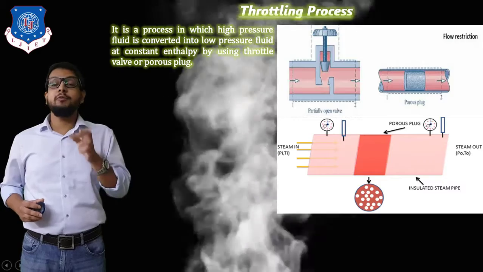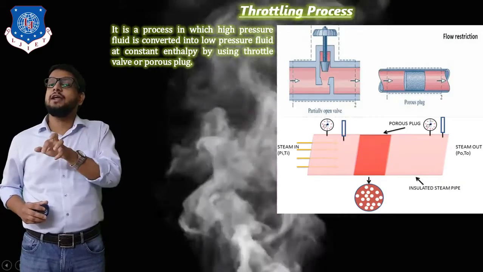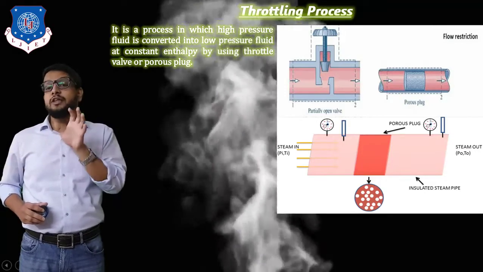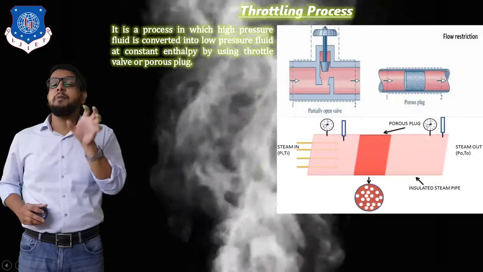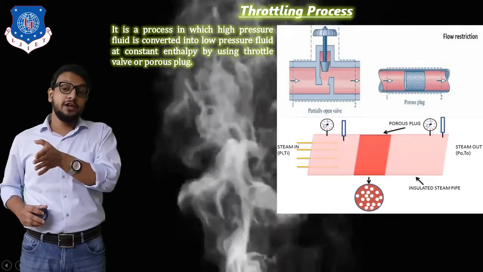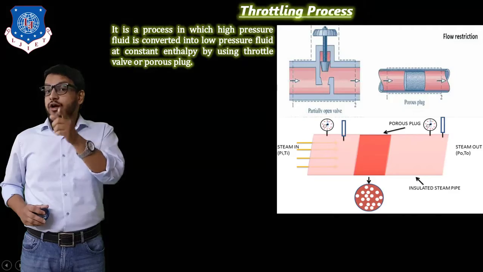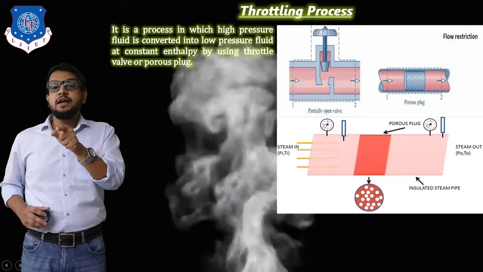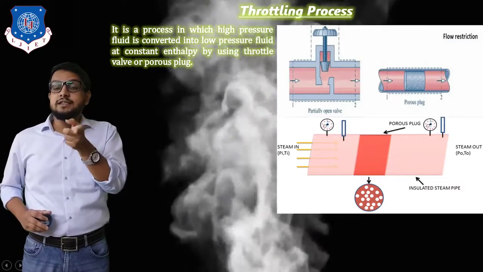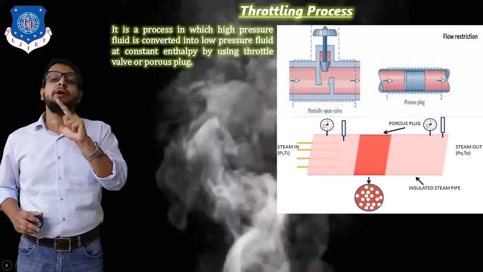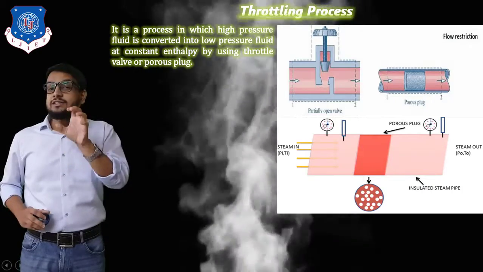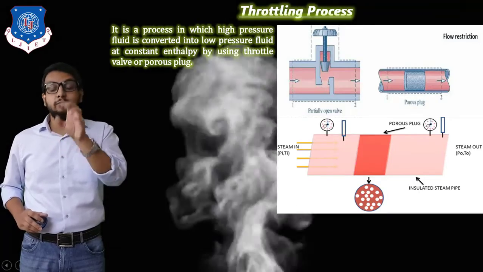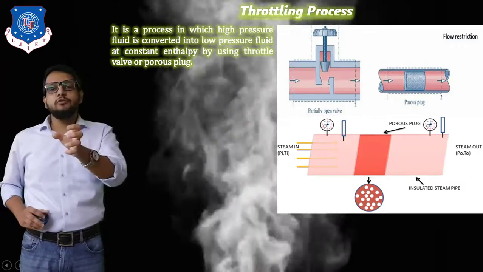So it is obvious that Bernoulli's equation is a summation of kinetic energy plus pressure energy, that is flow energy, which always remains constant. So if there is a reduction in one of these energies, then there is an increment in the other form of energy. Because of the continuity equation and the narrow passage, velocity increases, and as a result, from Bernoulli's equation, as the velocity increases, pressure is going to reduce at the narrow passage. So this is the concept of how we reduce the pressure: by providing a narrow passage by means of a throttle valve.